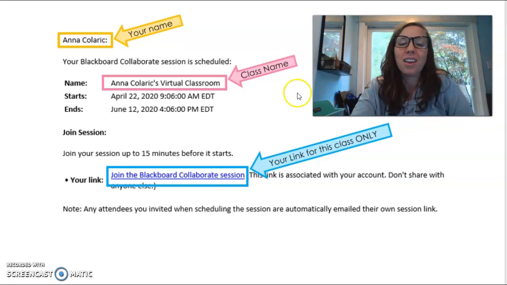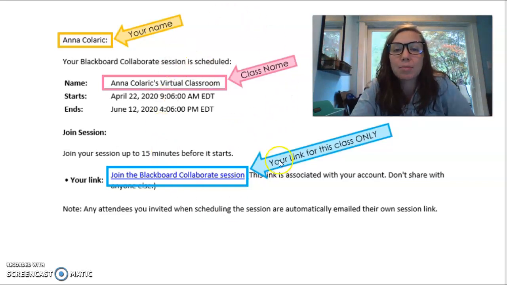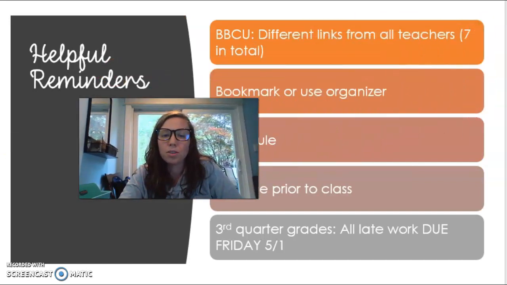You should be getting an email like this from Blackboard with your teacher's name on it and the link. Remember, that link is special to you, so don't share it. When you click on it, it's going to log you in with your name already populated for you. So that's kind of helpful.